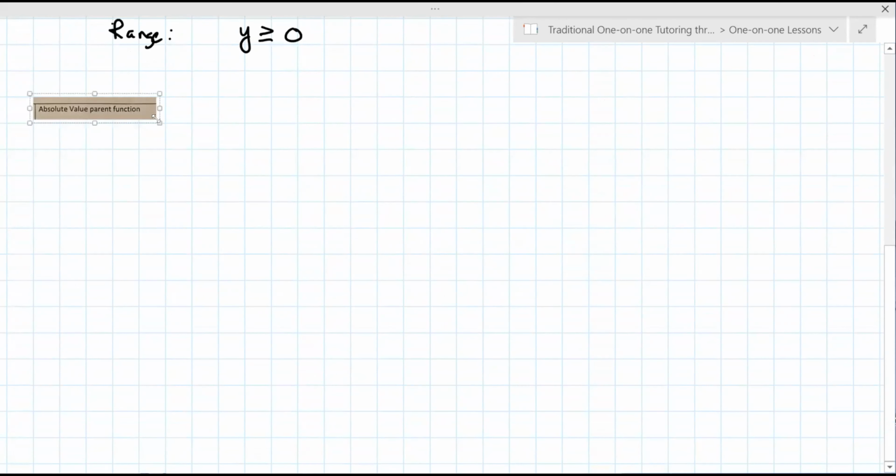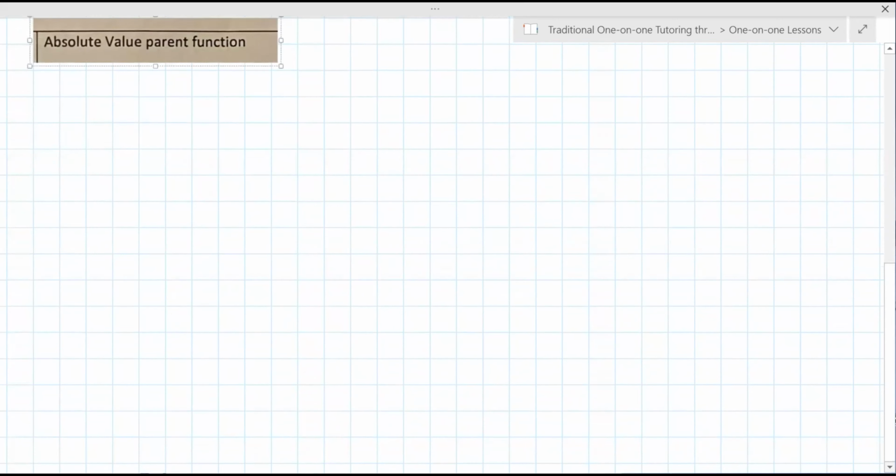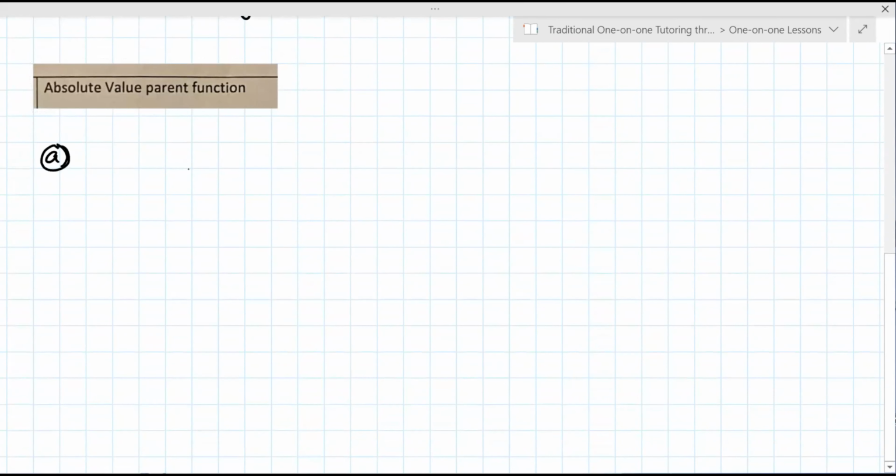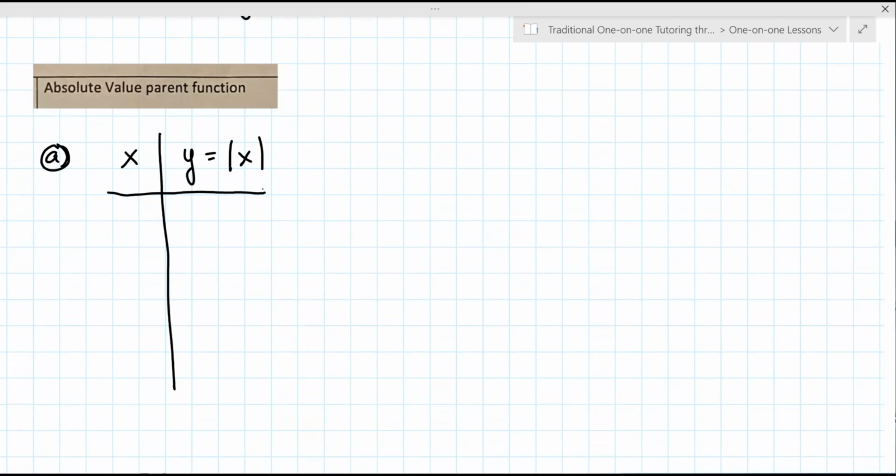So the absolute value parent function. We're going to start with a table. So this is part A. We're going to do x, and then y equals absolute value of x. We're going to use the same 5 numbers, -2, -1, 0, 1, and 2. So this is y equals the absolute value of -2. Have you seen the absolute value function? Yeah. And the absolute value of -2 becomes 2. And the next one is y equals absolute value of -1, which is